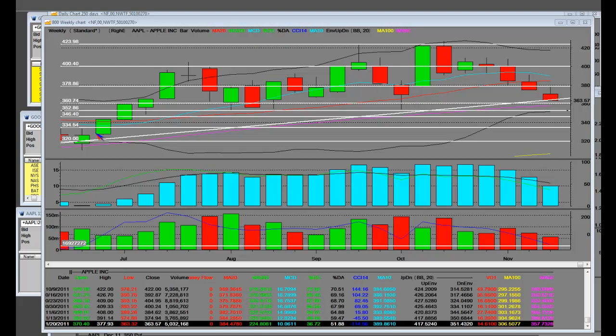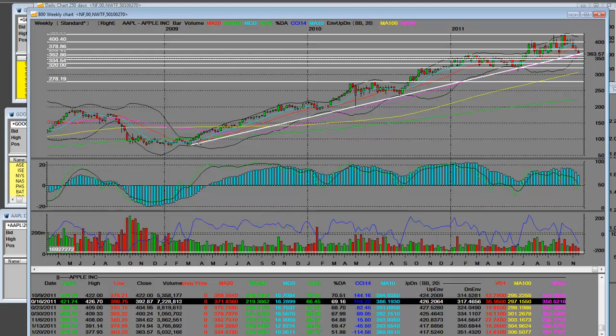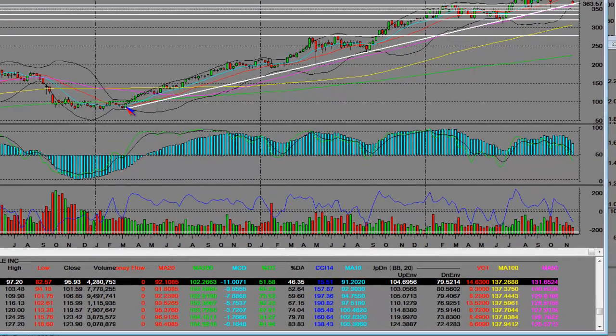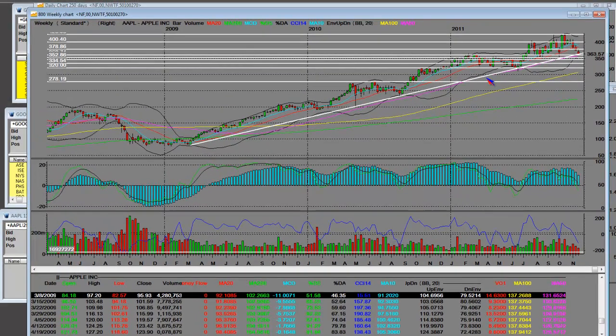Apple long-term bull chart. Once again, I'm going to show the MMTs where the long-term bull trend started. It started over here, 3/8 of 2009. Why is it a long-term structured trend along with the 150-week moving average, which I didn't even put on here, but you have the 50-week rising pink line. That's a 50-week moving average, and it's been rising for multiple years, 2 years.